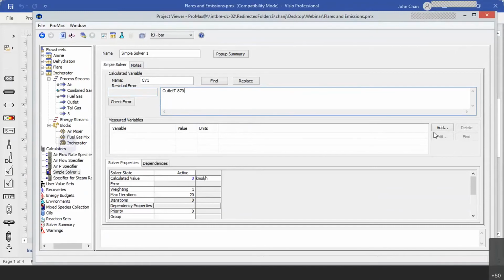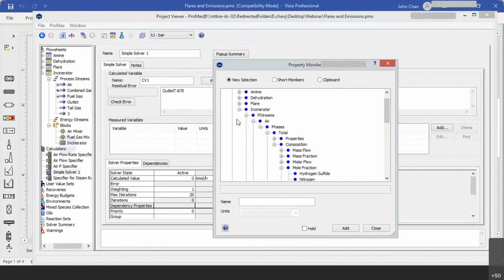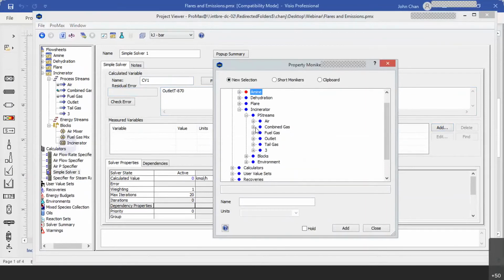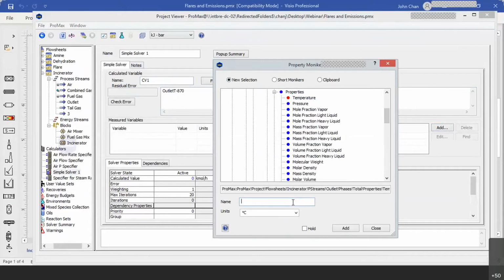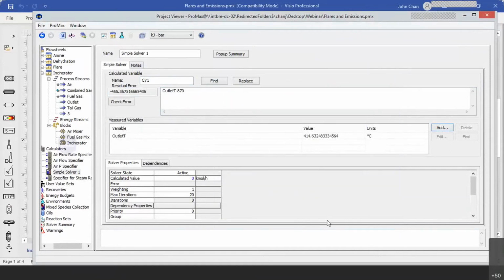And again, I need to tell ProMax what my outlet T is. So I need to click on Add. I'll go to my outlet stream, phases, total, properties, temperature. I'm going to rename it as outlet T and select Add. Next, once I have written my expression, I will need to give it an initial value for it to start the iteration. So I'm gonna give it an initial value of say 10 kilomoles first. Once you have done that, you can just close,